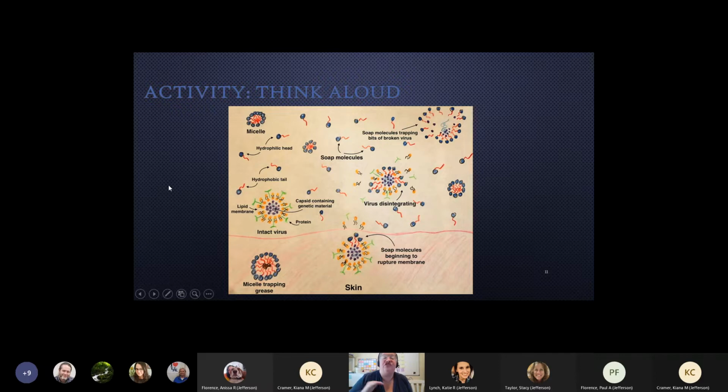Once I looked at this for long enough to figure that out, because at first I was like, I can't show this to students. This doesn't make any sense. And I actually used a different figure with my students. But this became my favorite figure for modeling a think aloud, because it did take me using some of my